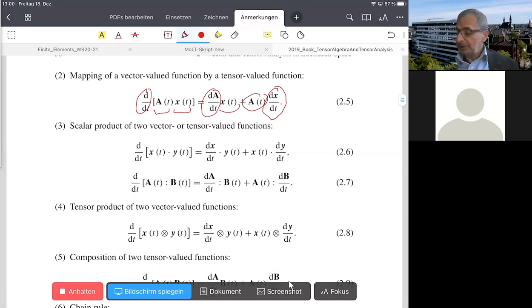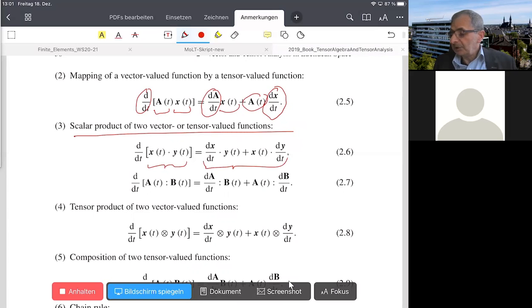For scalar product, also the same product rule can be defined. For example, we define the scalar product of two vectors. Both of them can be functions of this variable t, and similarly we can formulate this product rule of differentiation for the scalar product. We take the scalar product of the derivative dx dt by y, and then vice versa, x at t multiplied by the